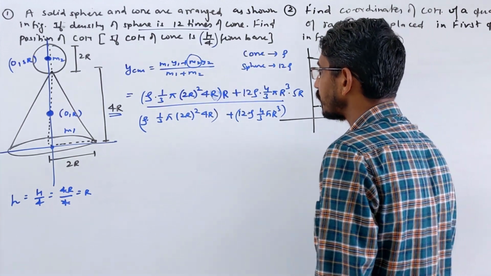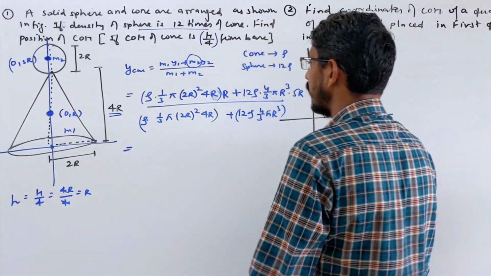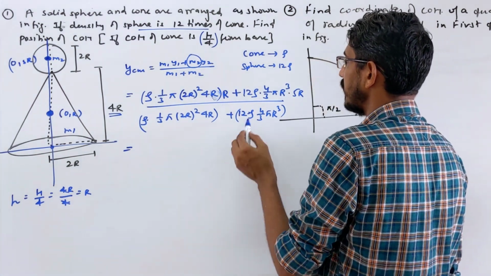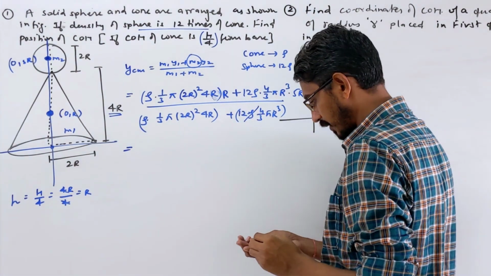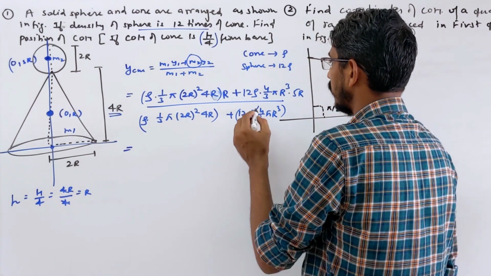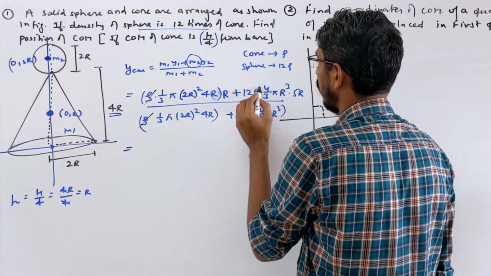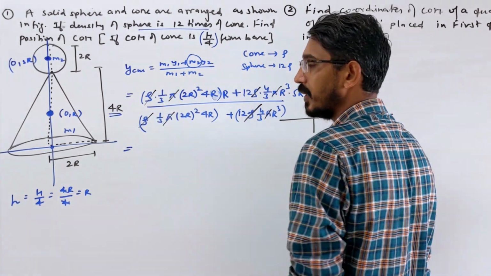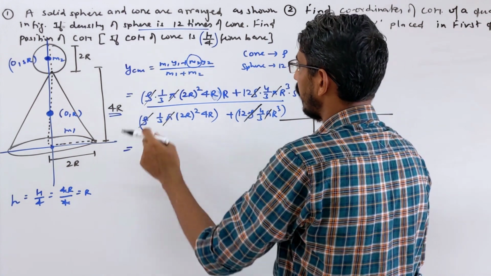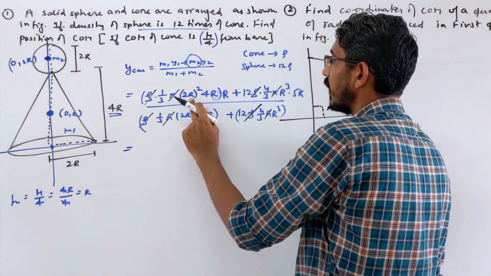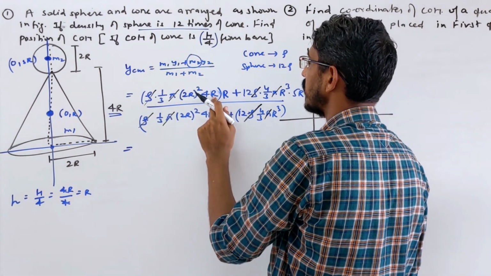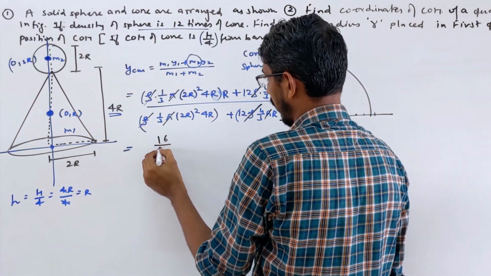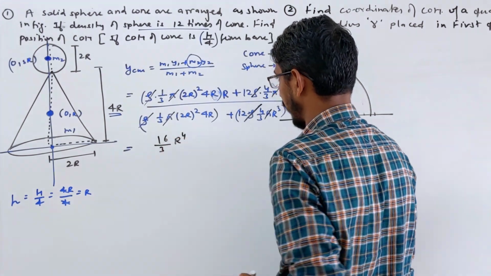We have to solve this number. So let's solve this. Let's cancel a few things directly so that the calculation becomes easy. Rho everywhere I am cancelling. Let me change color. So rho here, rho here, rho here, rho here. Also you can cancel pi everywhere. Now let's see what we are getting here. This becomes 4r square. This becomes 16r cube and one more r. So 16 by 3 and r power 4 coming.